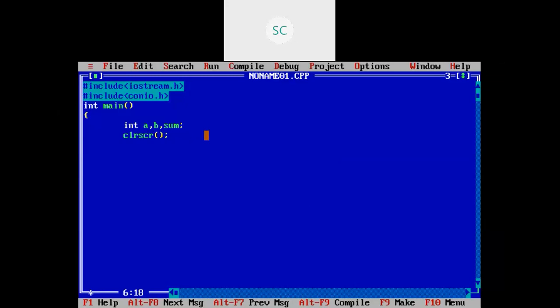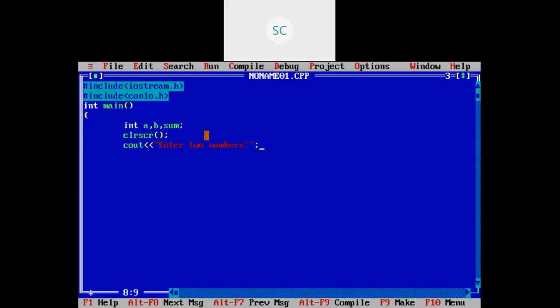After that, I want to read two numbers from the user. First I will ask the user to enter two numbers. This will be printed in the output first. Then the user will enter two numbers.